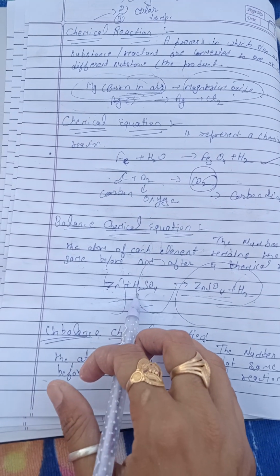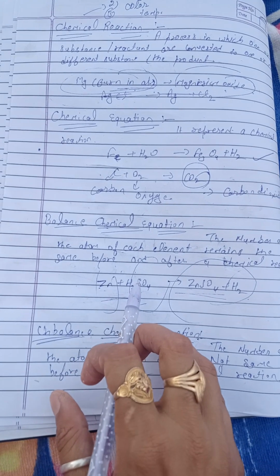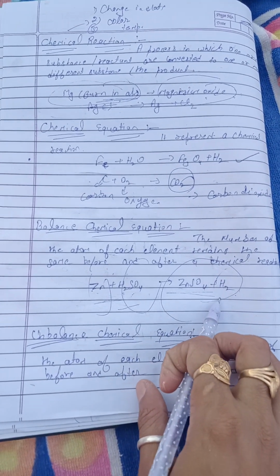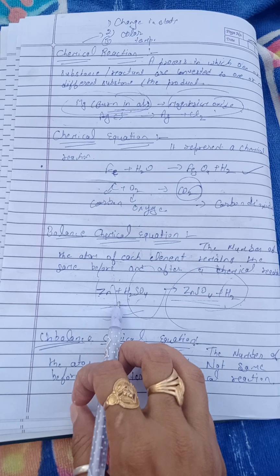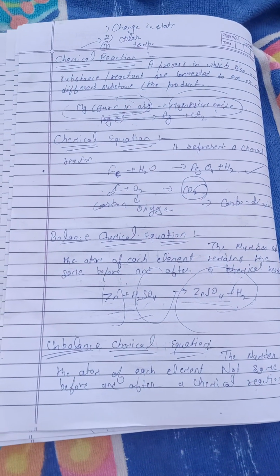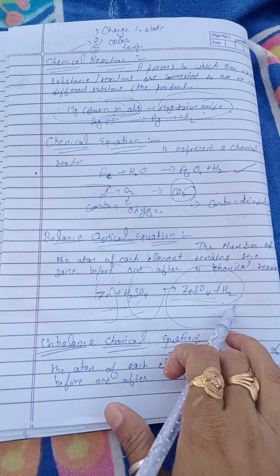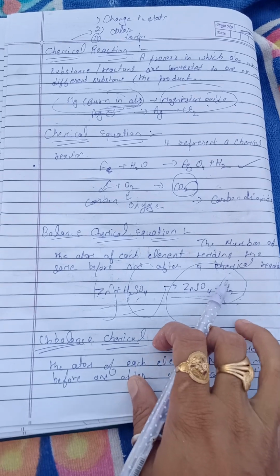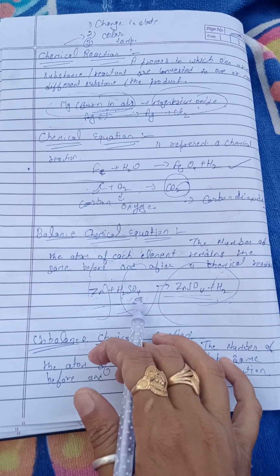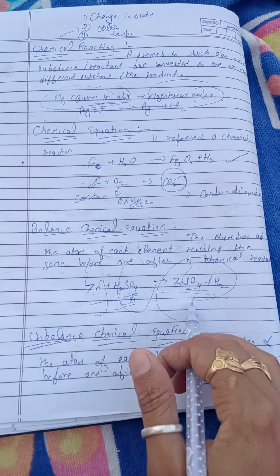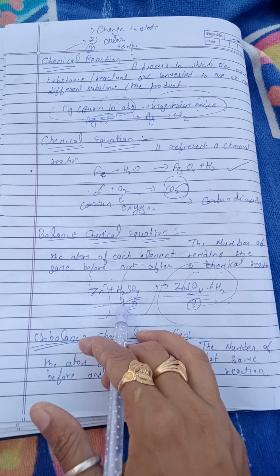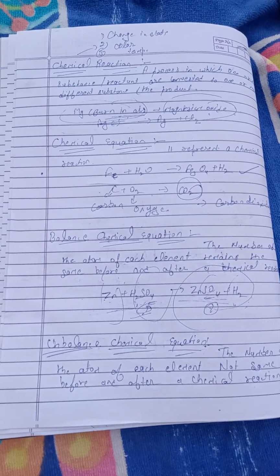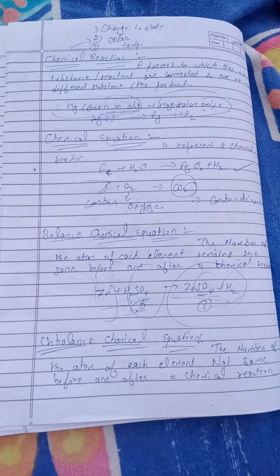Here H2 is the hydrogen, the value of the hydrogen is 2, and on the right hand side the value of the hydrogen is 2. So on the left hand side and right hand side both hydrogen atoms are equal, so hydrogen is also balanced. Now SO4: here SO4 is 1, and on the right hand side SO4 is 1. So SO4 on the left hand side and right hand side are equal, so this is the balanced equation.